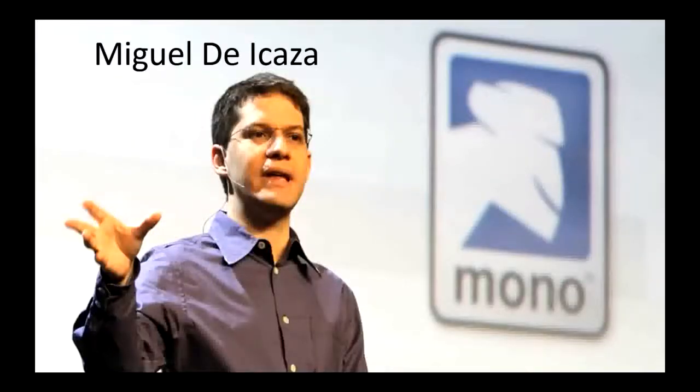So this person, his name is Miguel de Icaza. He was working in Linux, working on some projects related to GNOME and IRQ, and he's a brilliant developer and architect. He decided that he really liked the direction that Anders and Microsoft were going with C# and this idea of .NET. He decided to start an open source project to develop the ability to build a .NET framework and run C# on Linux and across all platforms. He created this project called Mono. The Mono project